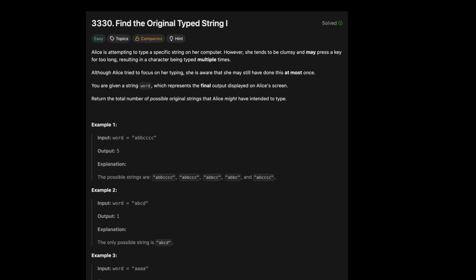Hello everyone, in this video we will be solving problem 3330, Find the Original Typed String 1. The problem statement is we are given a string word which represents the final output displayed on Alice's screen when she is typing, and we need to return the total number of possible original strings that Alice might have intended to type. It is possible that Alice might press a certain key for too long, resulting in the character being